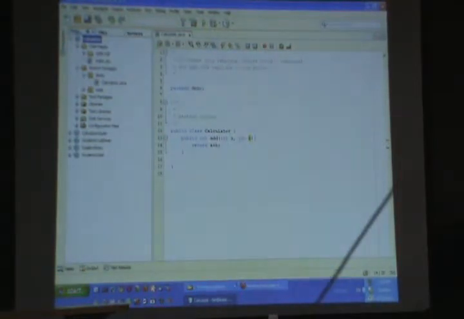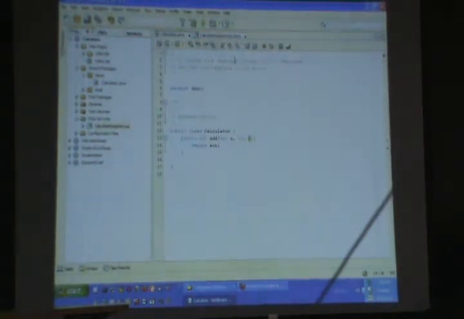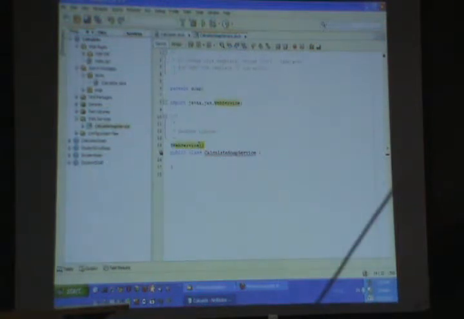Let's see where it has created the web service. As you can see, within the Web Services category, it has a new file added here. I double-click it and it opens up another file. This is my file that I wrote, and this is the file it created. It's a Java file, an empty class with the annotation @WebService. This is a Java EE 6 annotation which tells you that this class would be modeled as a SOAP web service.